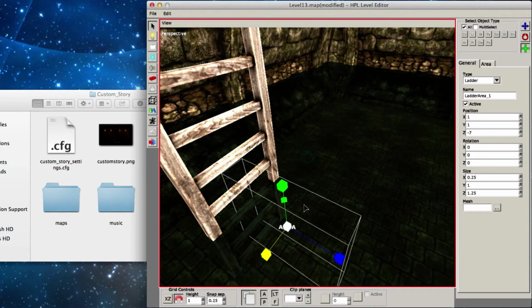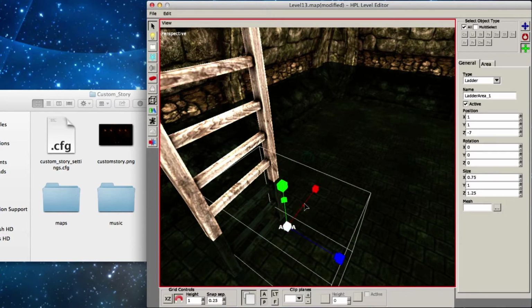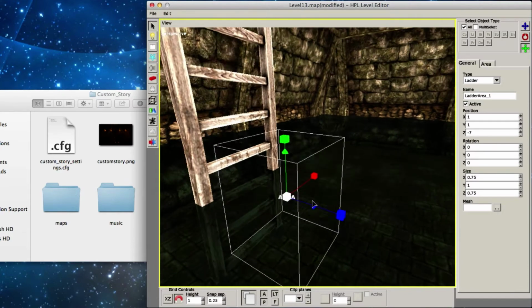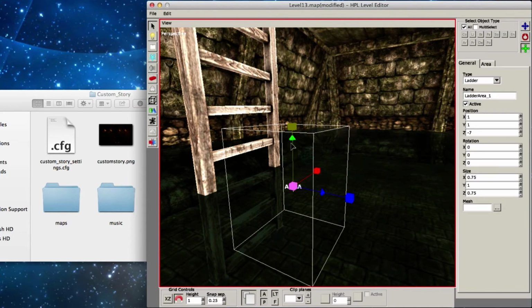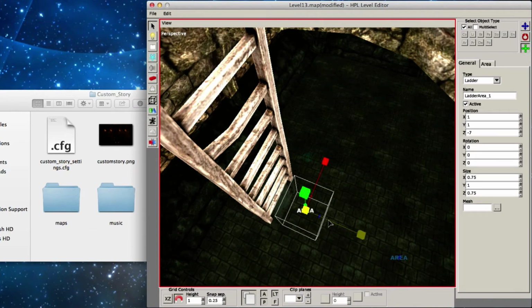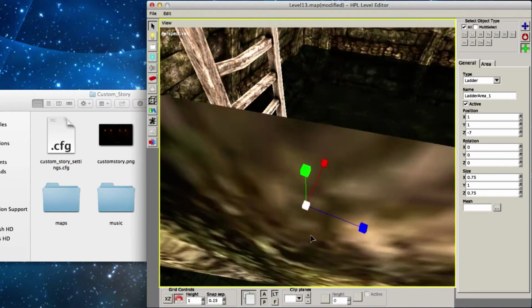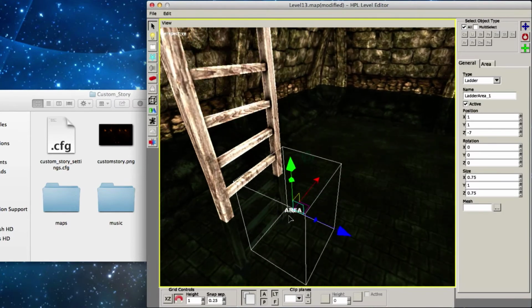Let's see, I think this one is like 2, 4. Oh, it wasn't. Oh well, I thought it was 4 by 4 when you created it by default. Anyways, just make sure it's, as I said, big enough. I believe you can make it pretty big, but that just makes it more of an area to click with, but you're still climbing in the middle of it.